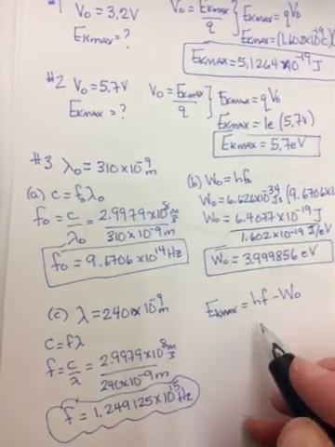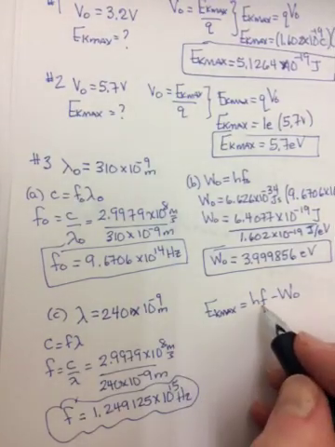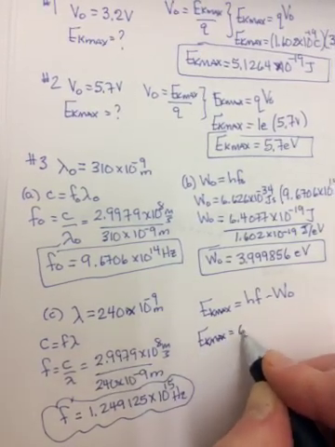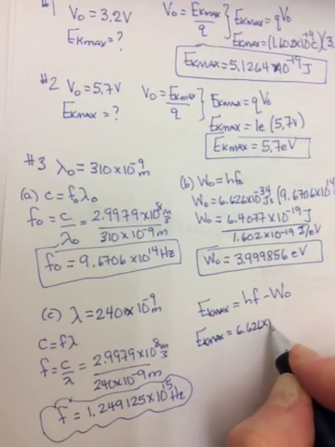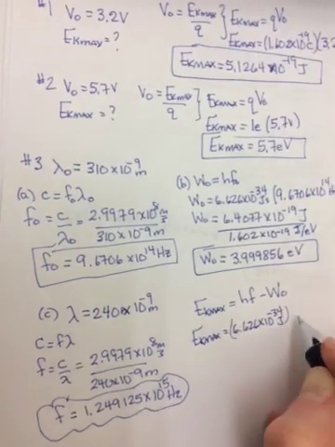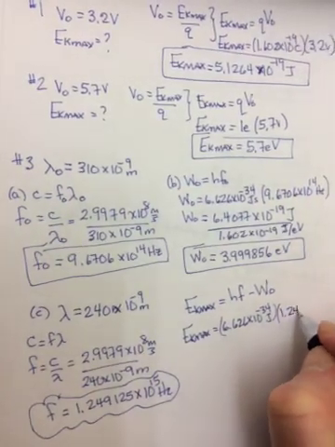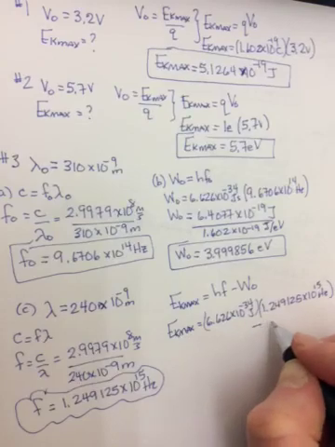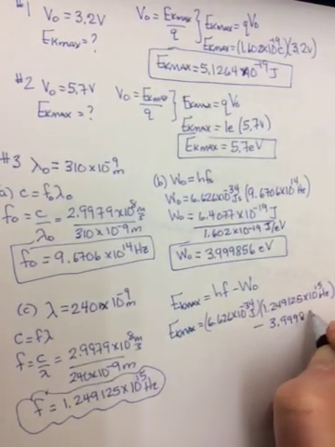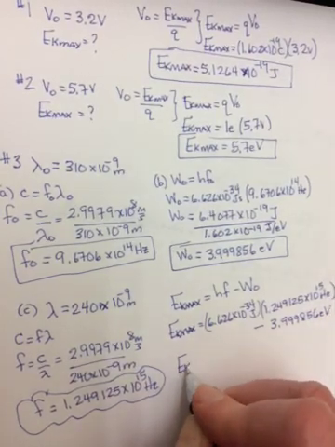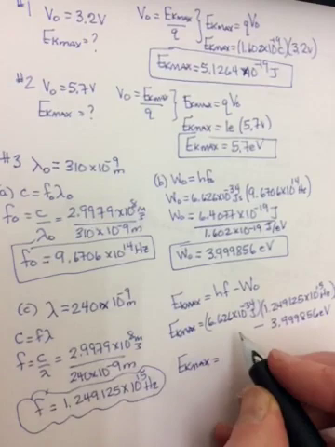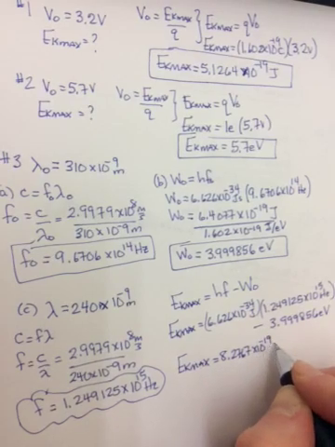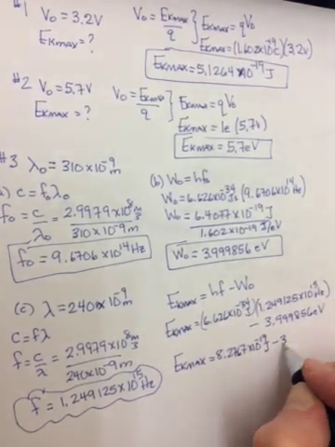So we found the W0 in part B. We've just found the f, so we can get the h f, and then we can get our kinetic energy. So h, 6.626 times 10 to the negative 34 joule seconds, times our f that we just found, 1.249125 times 10 to the 15th hertz, minus our W0, 3.999856 electron volts. Now you need to be careful here. When you multiply the first term together, you get 8.2767 times 10 to the negative 19 joules, and then minus